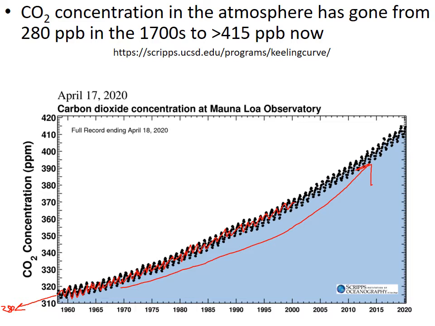per billion. Oh, I'm sorry, there's a typo here. This should be parts per million, not parts per billion. I forgot to fix that. Parts per million. All right, so 280 parts per million was sort of the natural level of carbon dioxide in